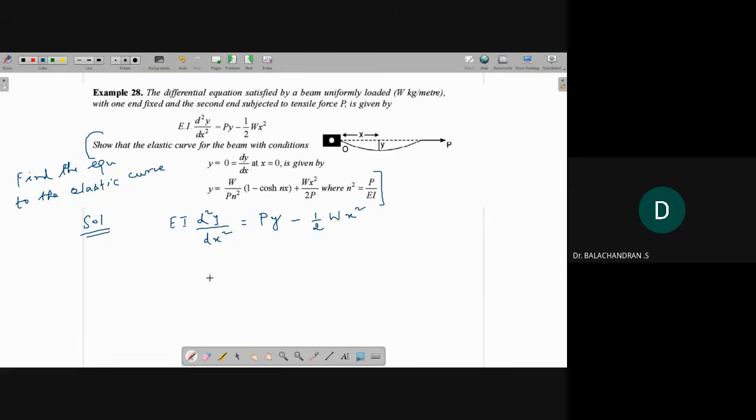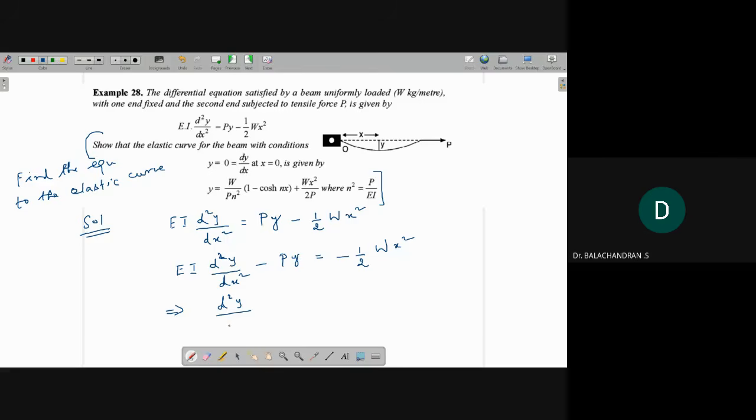Now EI into d square y by dx square minus capital Py equal to minus 1 by 2 into w x square. This implies, throughout divide by EI,